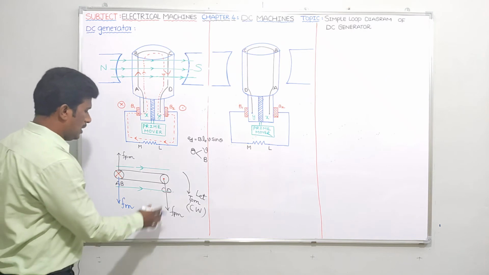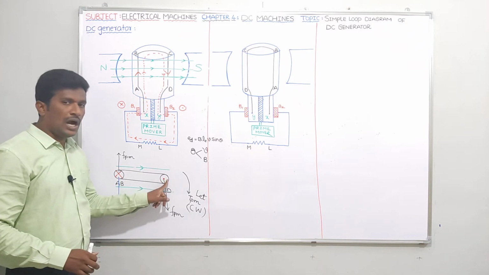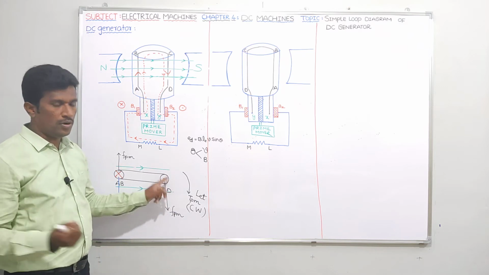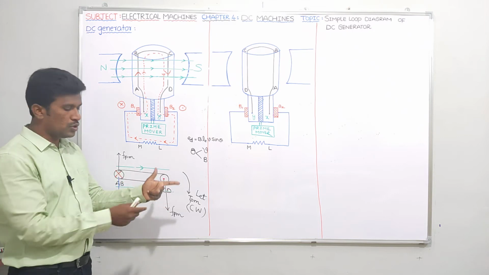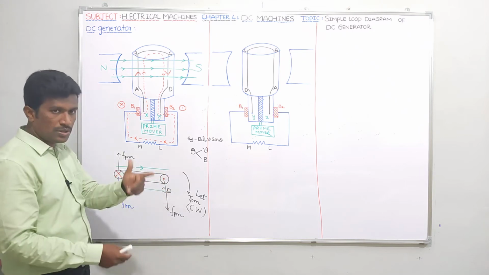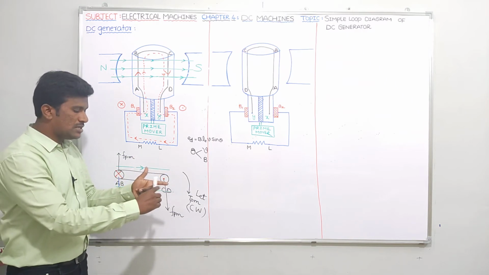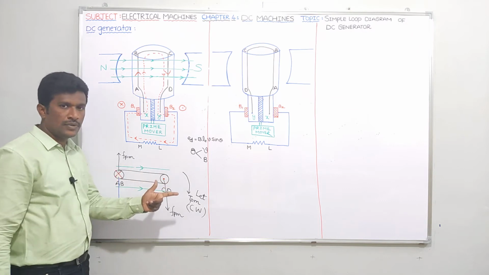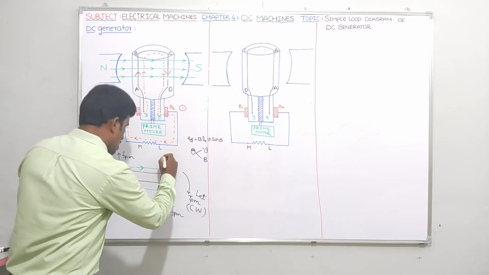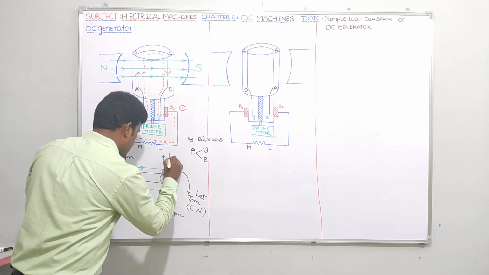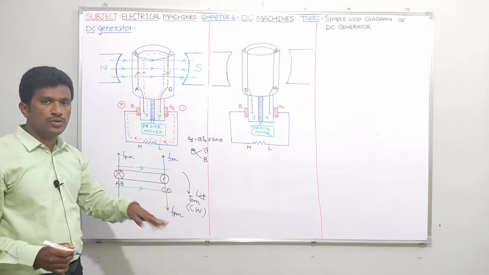Okay. Similarly, in the CD conductor, let me show once again. Here we are getting a dot, no? Dot means the direction of current is coming out of the board. So for the center finger direction, when a current carrying conductor has a dot, it's out of the board. So you have to show like this. Don't show like this, okay? It's out of the board. When a current carrying conductor out of the board is placed in a magnetic field, the green color, it experiences force. Thumb means upwards. It means the direction of force is upwards. This FM means force due to motor action. PM means force due to prime mover.